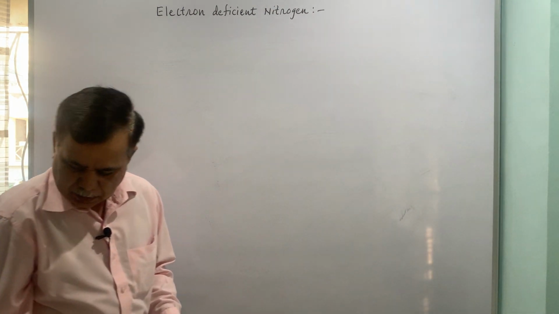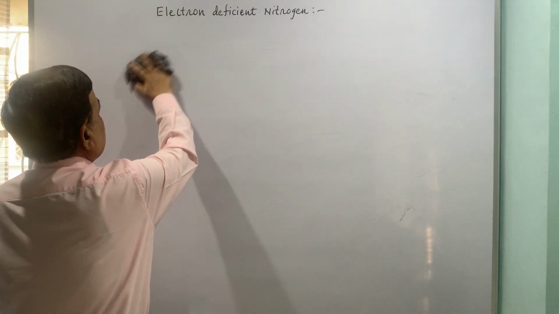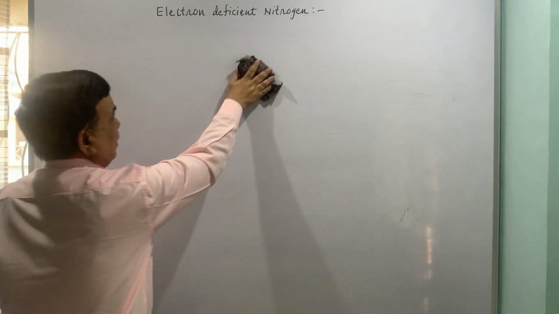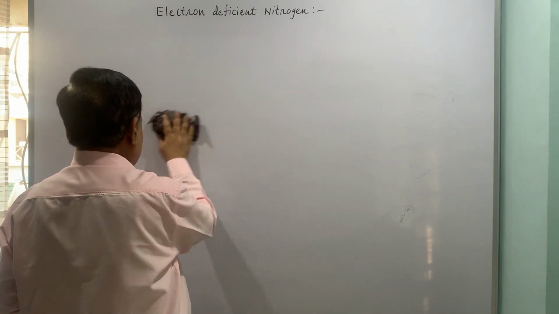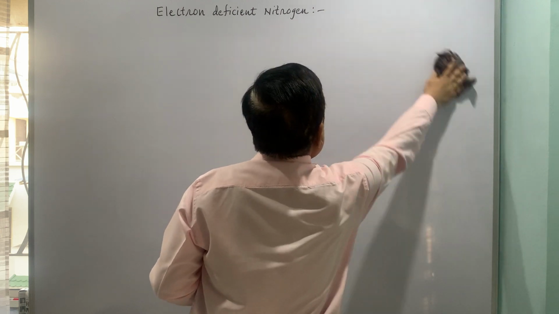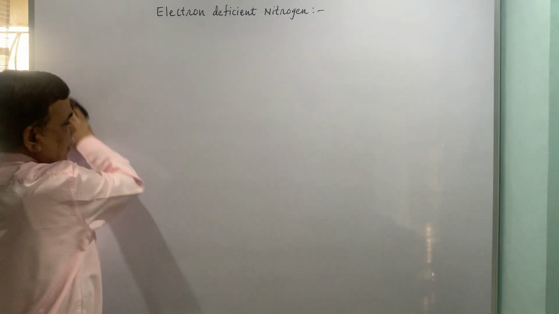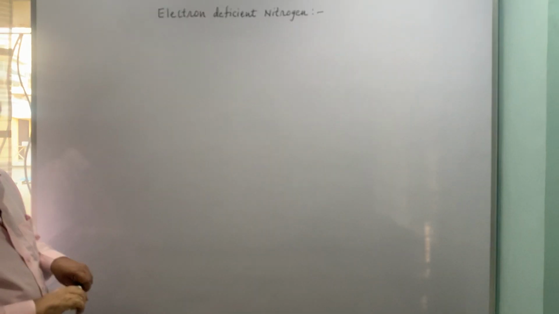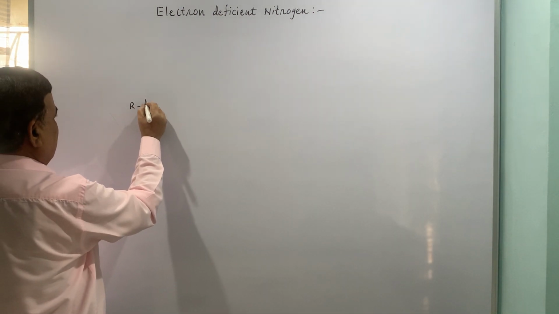The second reaction which we have listed is Curtius rearrangement. Now Curtius is with azide, so you have to remember that the starting material is azide, and then you have to simply heat it thermally or photochemically and you get the transformation to isocyanate. So let me put some arbitrary example.